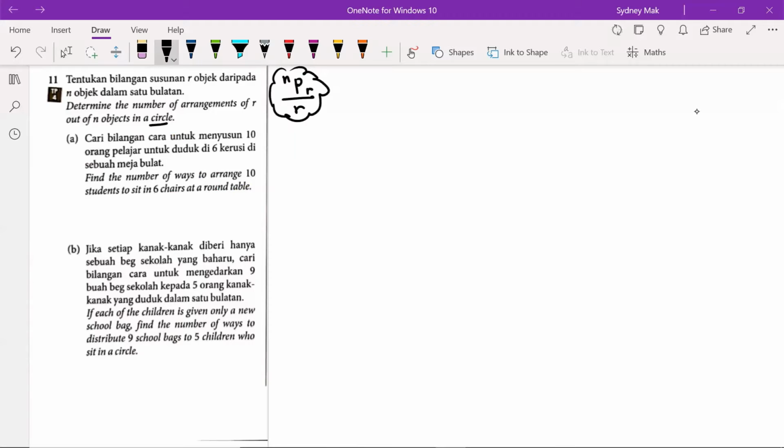Find the number of ways to arrange 10 students. So n total, we have 10, and we just need to choose 6 of them to sit around the table. So r equals 6. Therefore, the number of arrangements will be